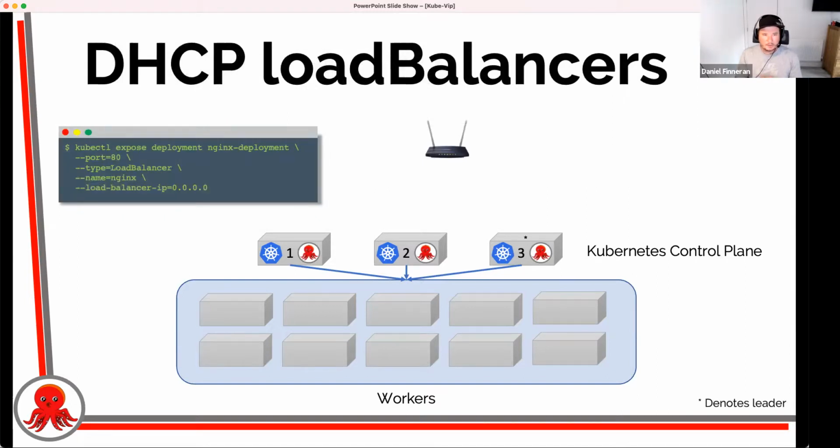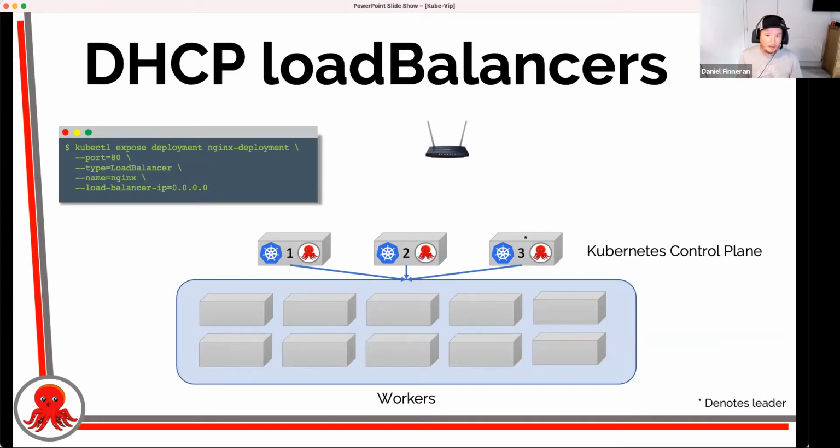Some other things that were asked for: DHCP load balancers. So on small or edge networks, we might not want to care about the IP ranges, or we may not want to have to deal with those sorts of things. We can leverage whatever devices are on that network that are using DHCP to give us an IP address for our service.